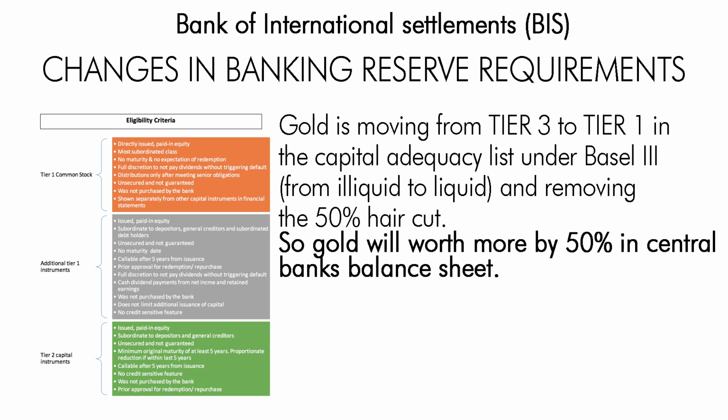We know that there's a deadline in this March, this June, and somewhere in 2022. But the central banks have to step up their game, and they have to prepare for the Basel III regulation. And if they don't want to miss out, they have to rack up huge amounts of gold as soon as possible. Because if you look at the chart